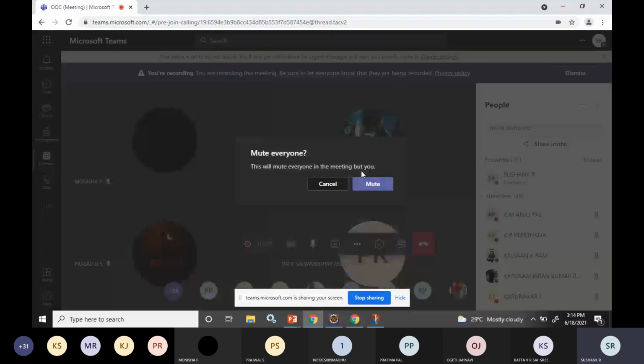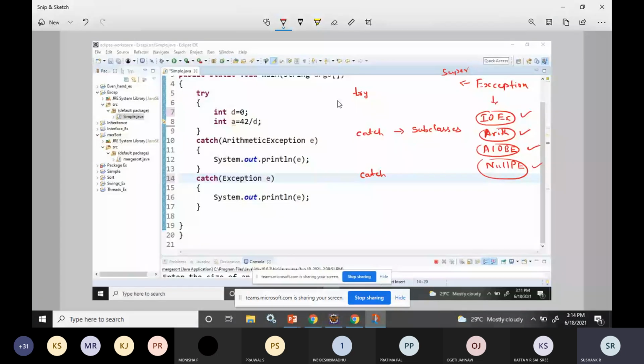The same way, here Exception is your superclass, so it can handle any kind of situation. It can handle array index error, arithmetic error, number format exception, null pointer exception, like that. So when you have multiple catch blocks, the order of catch should be from specific to general.